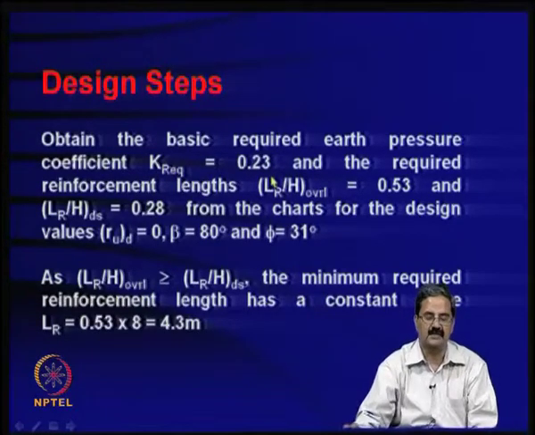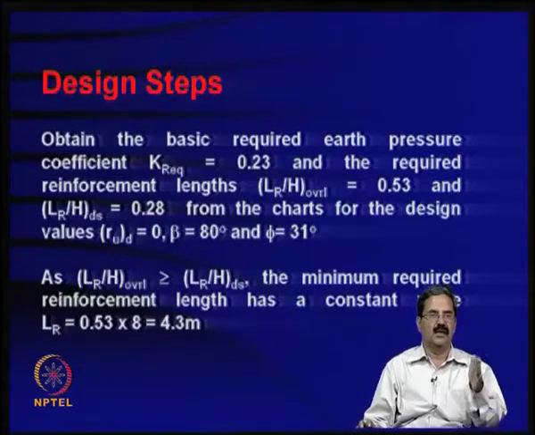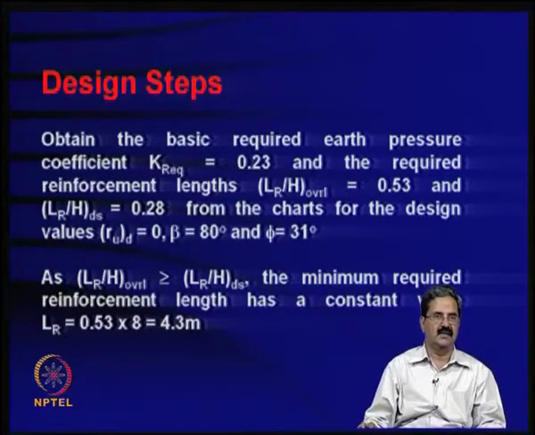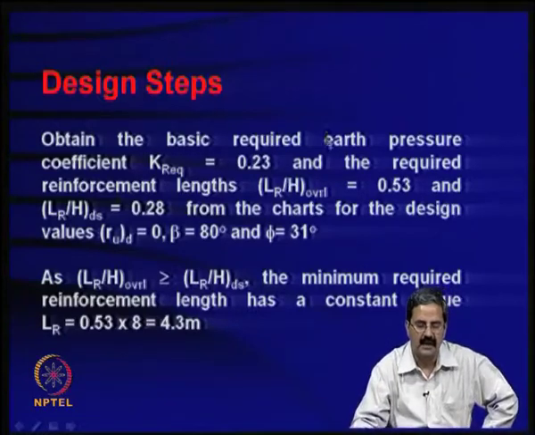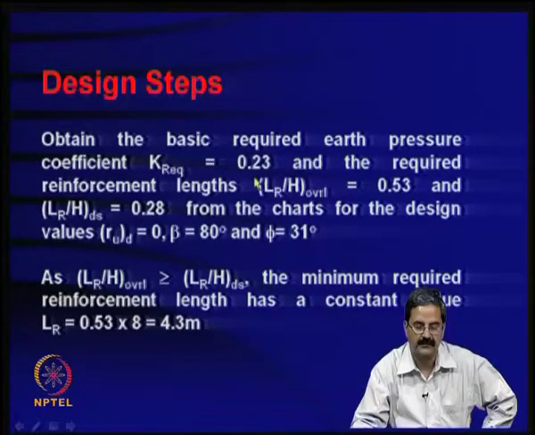If you remember, I just mentioned that if it is vertical and phi is 30 degrees, it is 0.3 or something like that. It is a little less here now, as the slope angle is 80 degrees. So, required is 0.23, and we also see the charts for the same thing, and 0.53 and 0.28 for the design charts for RU equal to 0, beta equal to 80 and phi equal to 31. Slope angle is a little higher. So, what it means is that